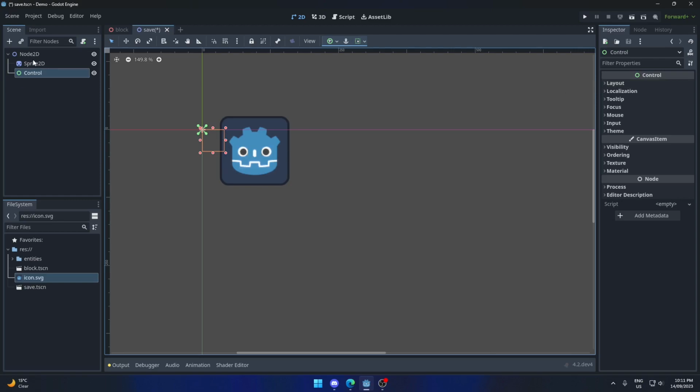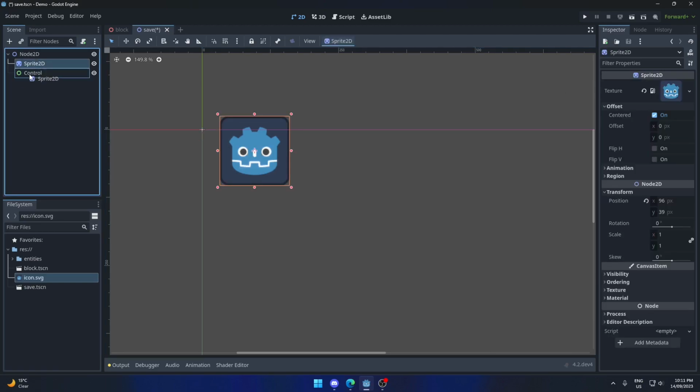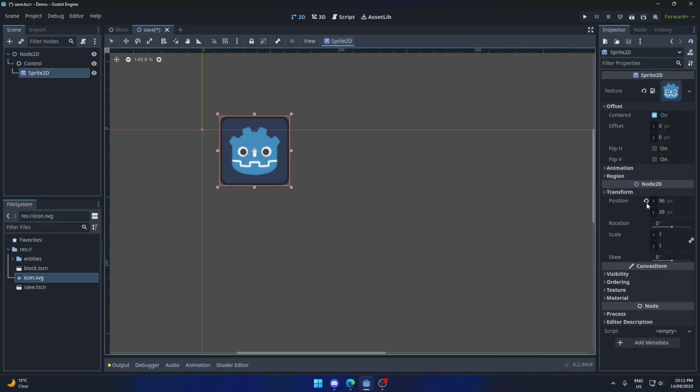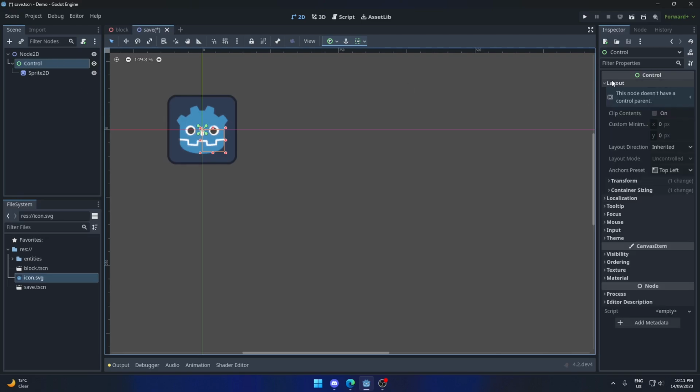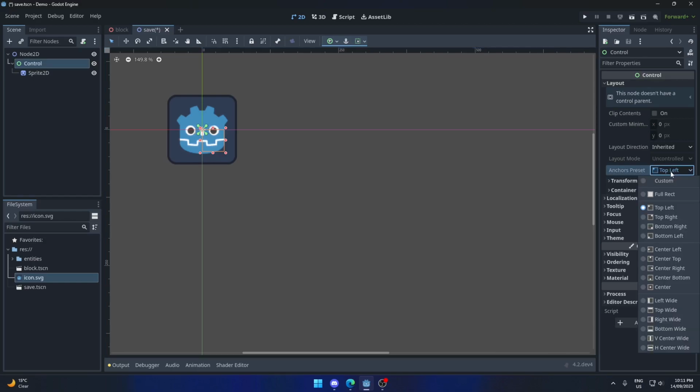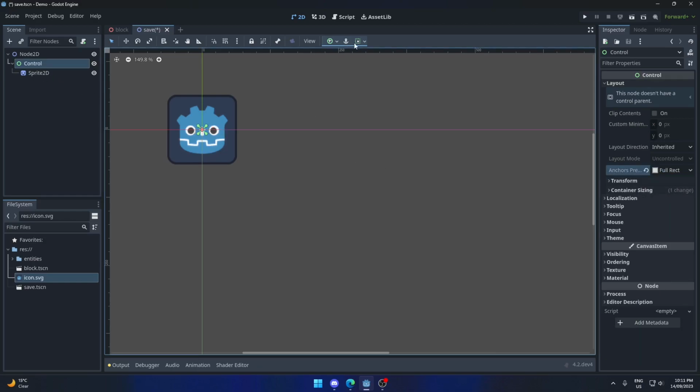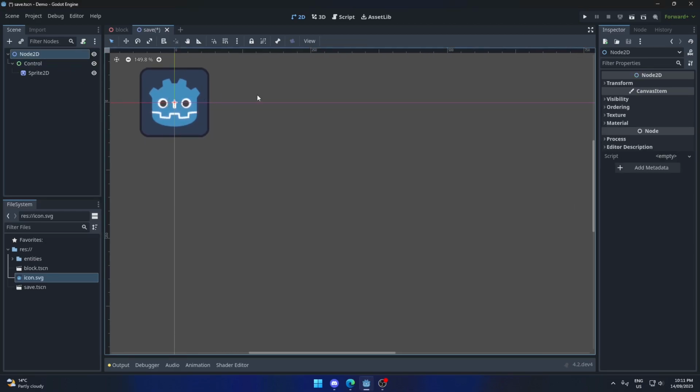Whatever, I'm confusing myself. If I put the Sprite2D inside, as a child of the control node, I can reset the position, and that's going to go to the anchor point of the control node. So if I now move this, let's go full rect, put this in the center, or whatever. Okay, for some reason that's not working. I think that's because it's Sprite2D. I mean, Node2D. Sorry, I mostly do everything in 3D. But anyway,